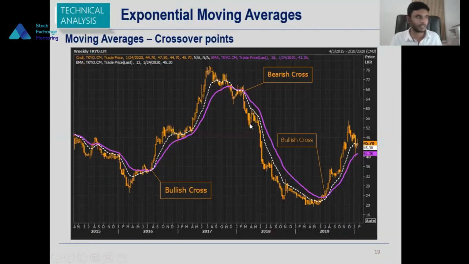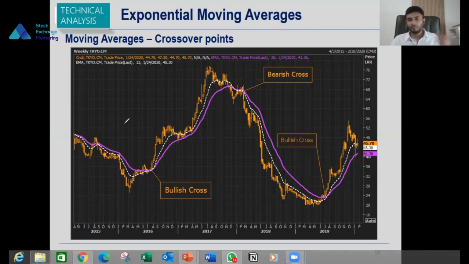So if I can touch on an indicator which is very popular in the market, exponential moving averages. You can see, simply if you are following the naked chart, which will give you a lot of information based on trend, support lines, etc. You can see based on these levels. But in addition to that, these moving averages, the exponential moving averages, I have used a short-term and a long-term moving average, where you can see the purple line. It's the long-term moving average, the purple line. It's with a long period, and the dotted line is a short-term moving average.